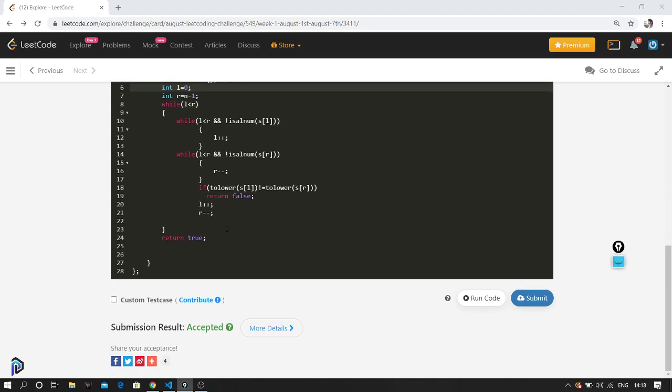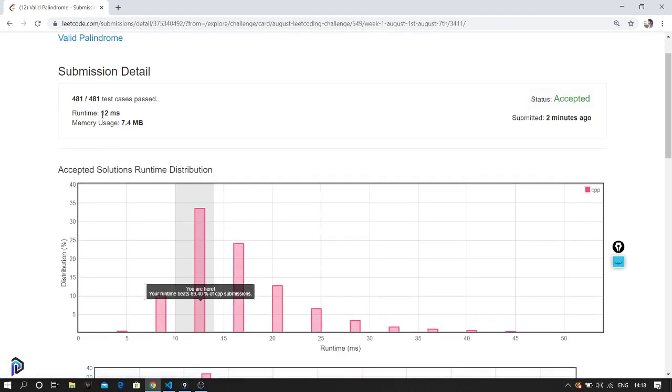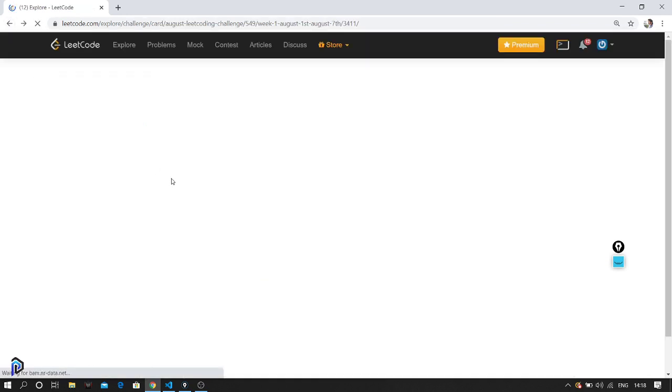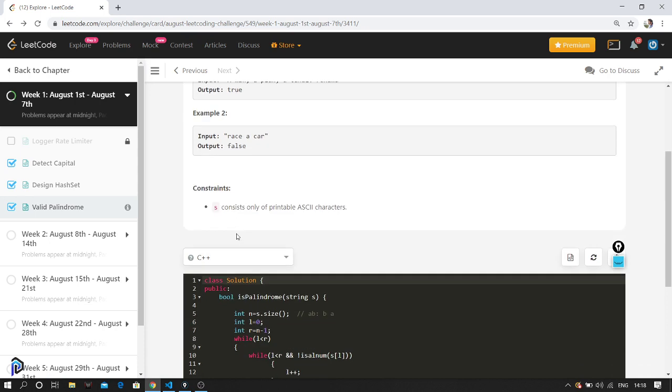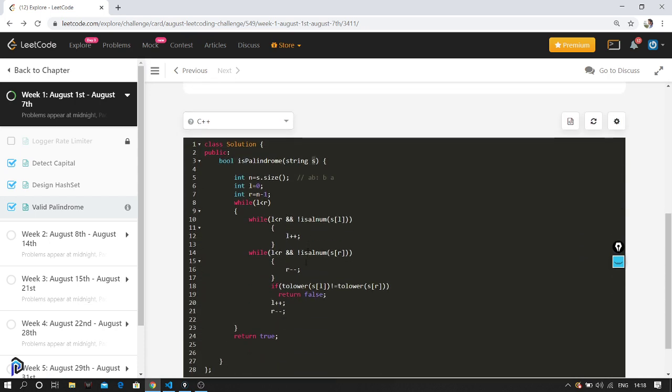You can code and you can run examples and print them out to have a better understanding. We look into the details over here. It is also running quite well in 12 milliseconds and 7.4 MB space. The first iteration was quite a bit faster than this, but we were actually making changes in the string itself. In this scenario, we're not making any changes to the string, so this is more suitable for many scenarios.